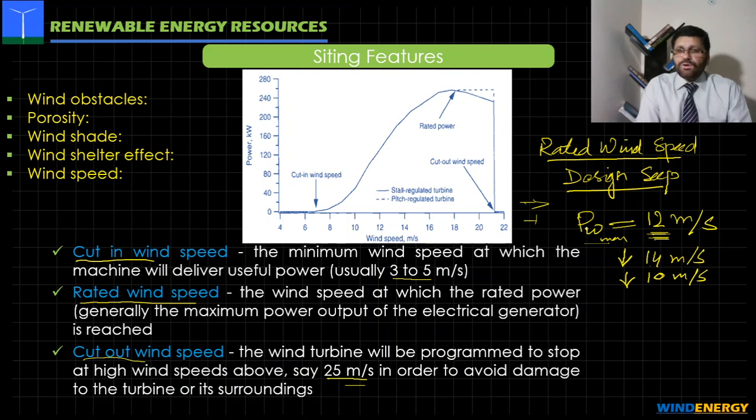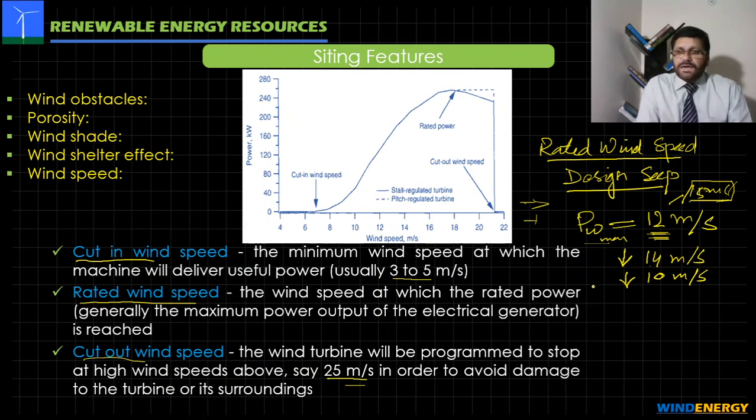The maximum power output we are getting at the rated wind speed, and this is going to differ from wind turbine to wind turbine. Maybe another turbine is having 10 meter per second or 15 meter per second as the design speed, but it is true that if the wind speed is increased from the design speed or decreases from the design speed, the power output is also going to decline.